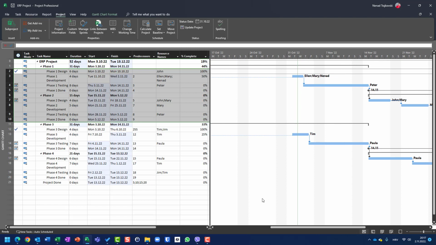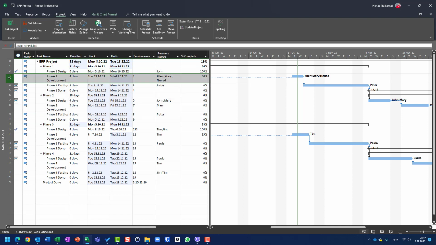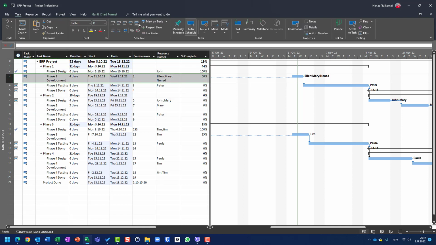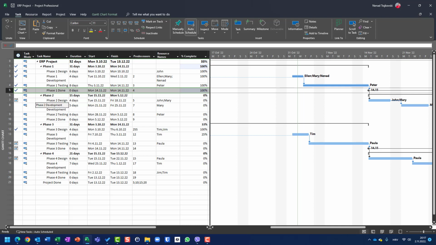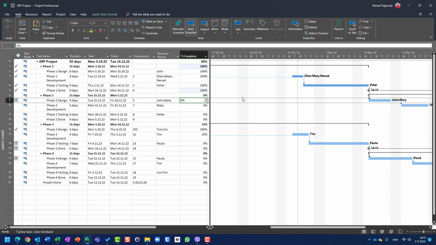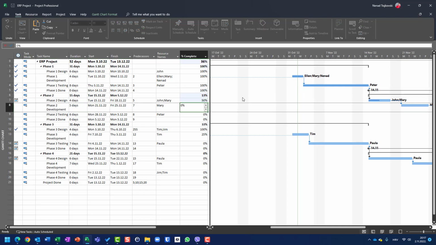Now let's say that this task is done. Okay, this task is done. Let's go to task and let's say 100%. Okay, and sorry, this one, 100%. And this task is 100%. And this task is 50%. Okay? And when I now go to